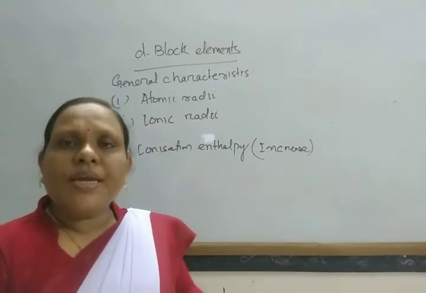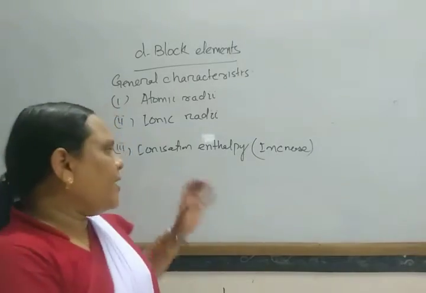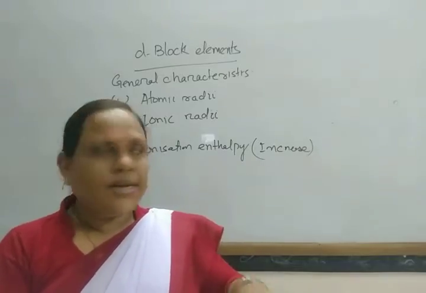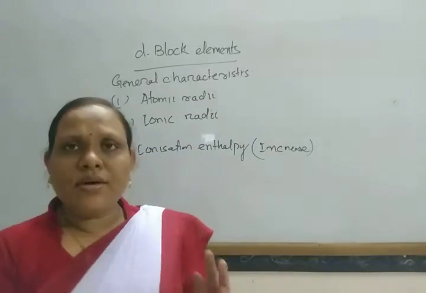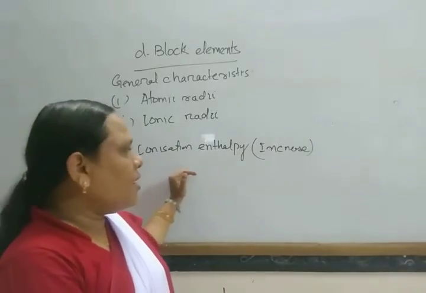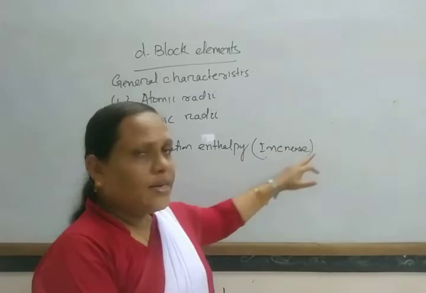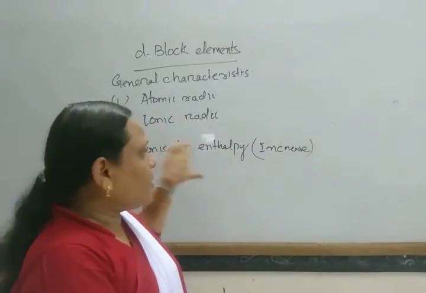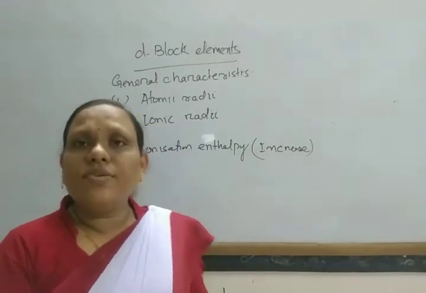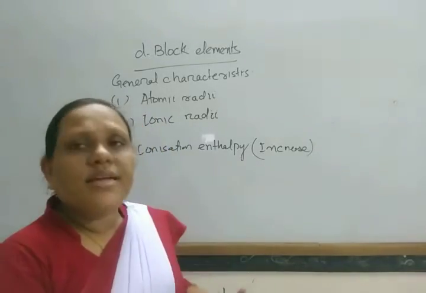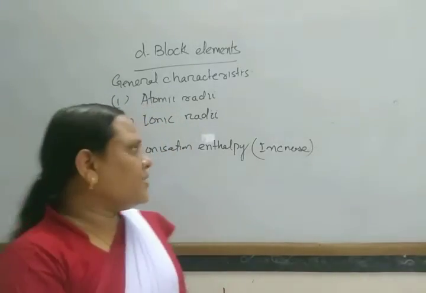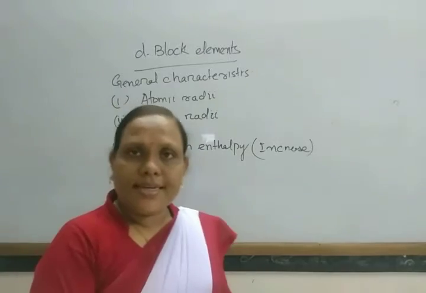That is due to the increase in nuclear charge. Towards the end of the series, the atomic radius remains nearly constant. Ionization enthalpy depends on nuclear charge and atomic radius. Towards the end, the atomic radius may increase again, but at that time the configuration is stable and the nuclear charge is also high. In this way the ionization enthalpy increases.